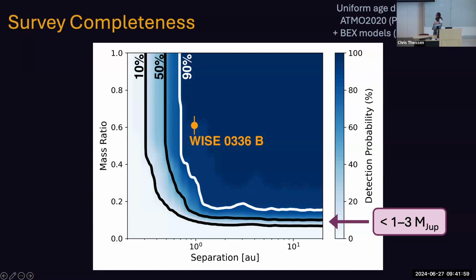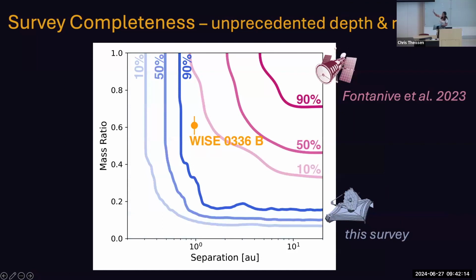And then for our best targets, we can even resolve a companion down to mass ratios of about 0.5 down to 0.3 astronomical units. And I'm now going to switch off the color map in this, but just keep these contours so that I can compare the sensitivity to an HST program that I recently led that was looking at late T on some of these white dwarfs for binary companions as well. And you can see that with this Webb program, we're reaching significantly deeper masses and mass ratios, and we're going much closer in terms of separations.